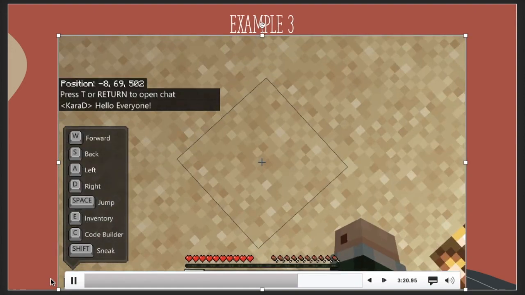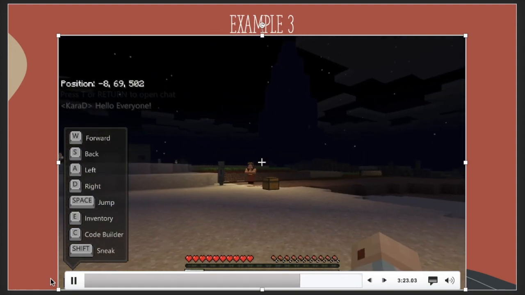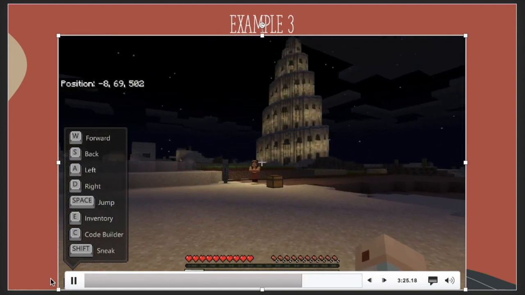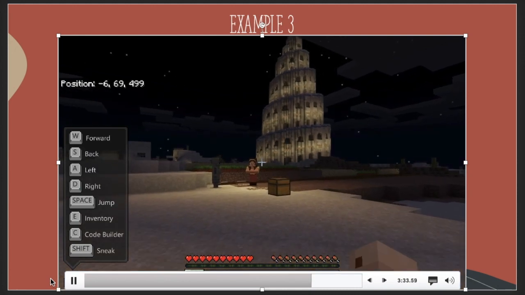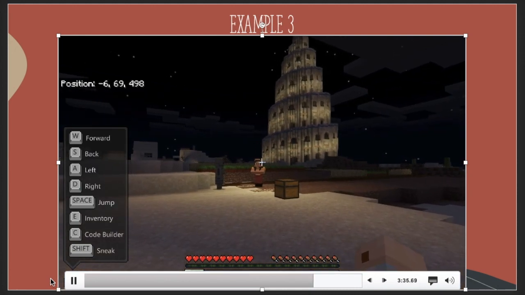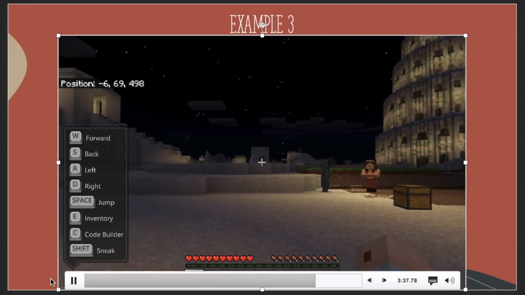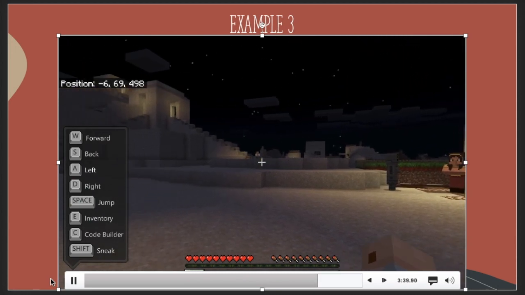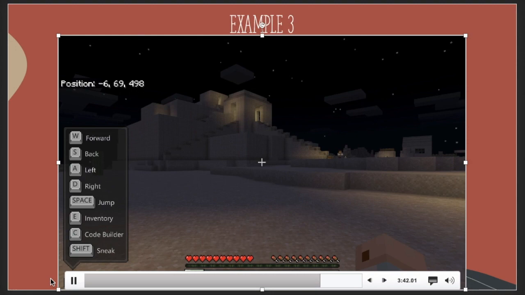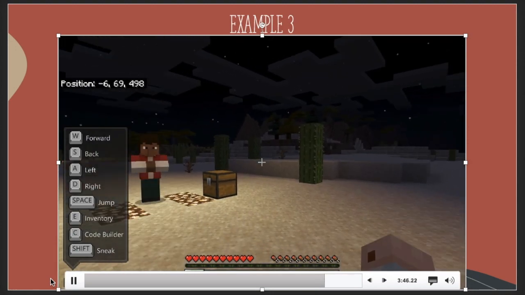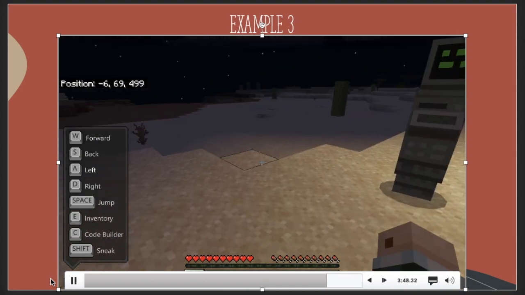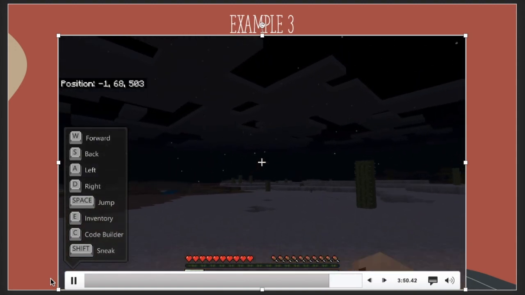So if we go back, we can look around this Minecraft world. There's another person in the Minecraft world. So if we were playing, again, live in a class, those would be our different classmates. In the back, you could see different features and different structures that were created in the Minecraft world. There's a little city or civilization over there, more of these wonders that are from these ancient civilizations, and you can move all around and see how everything is represented in this Minecraft world.